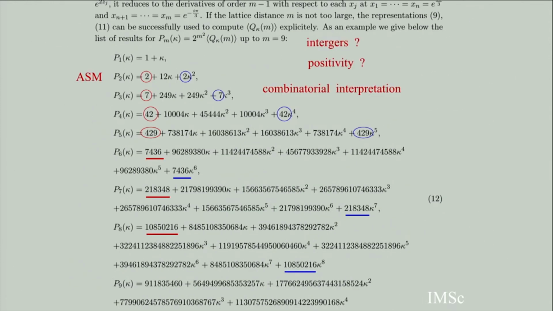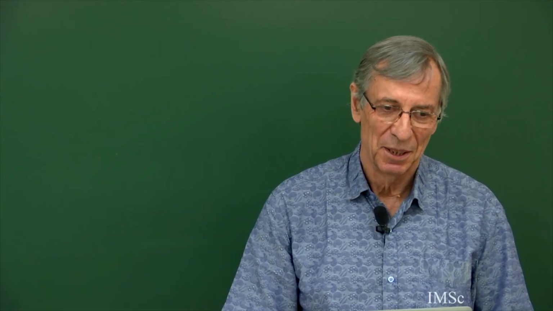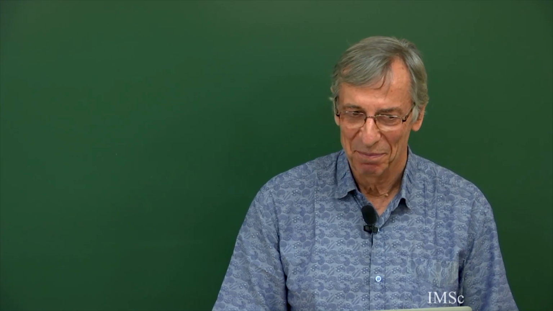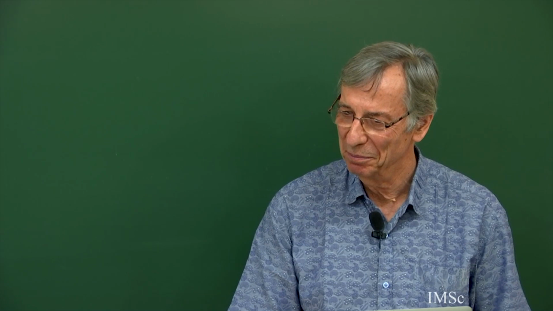And the sum is 2 to the n squared. Yes, they sum to 2 to the power n squared. So the sum of the coefficients is the number of Baxter configurations. Is anything known about the alternate? No, I don't know. Maybe after this class I will write to them to ask if they have made any progress.